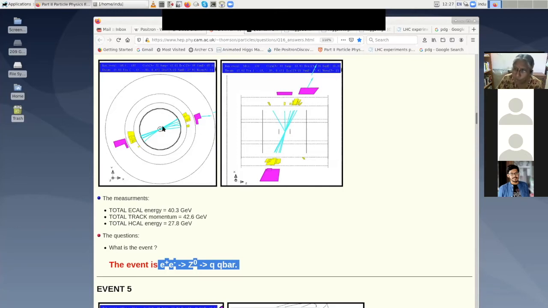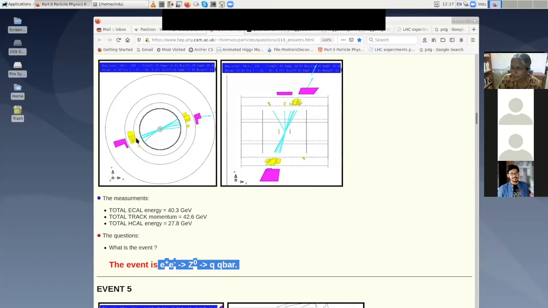Now what I mean by saying that quarks have actually been discovered is that jets have been observed. So these jets are taken to be particles which are produced from a primary quark which has been produced in an interaction. And if two jets are produced, then it is a process q q bar.